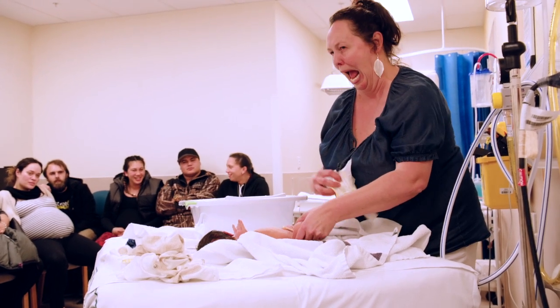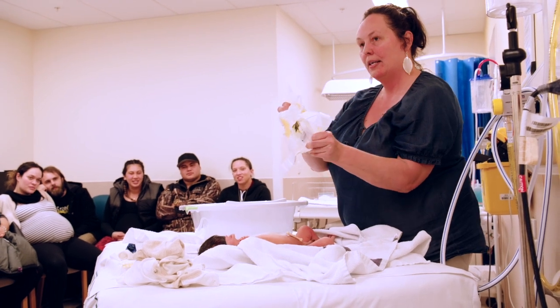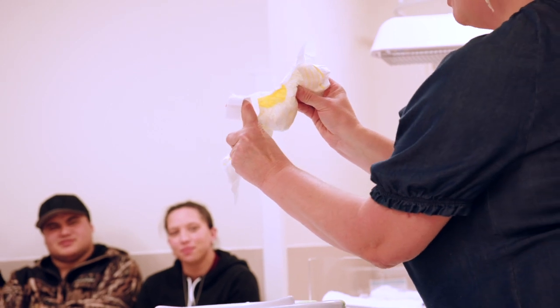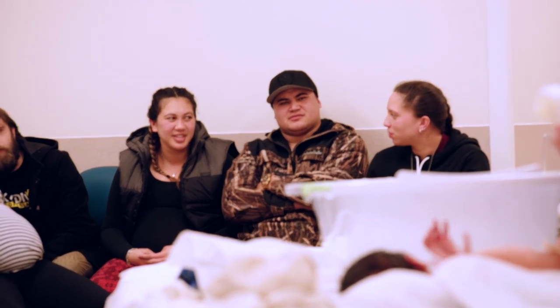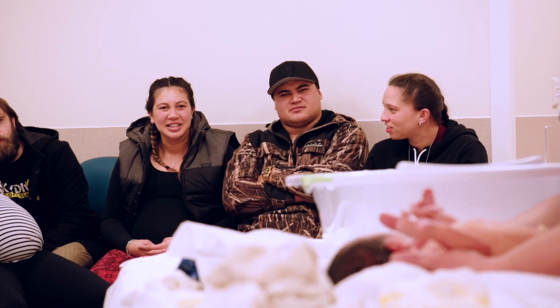Awesome. Right, avert your eyes if you don't want to see baby poo. So that is the colour of baby poo. It's quite green and it's real sticky. That's the meconium that we first see, and usually once you've got a few feeds, it goes quite yellow. Alright, so once you've got that off,